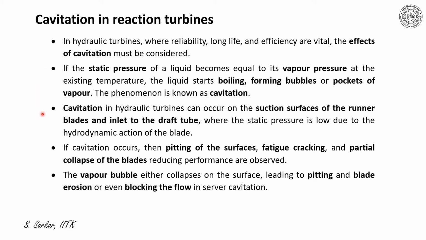The cavitation in hydraulic turbines can occur on the suction surface of the runner or at the inlet to the draft tube where the static pressure is low due to the hydrodynamic action of blades. If cavitation occurs, then pitting of the surfaces, fatigue cracking, and partial collapse of blades, reducing performance,